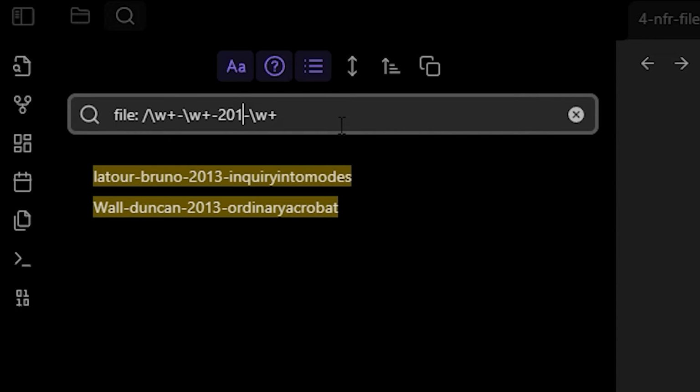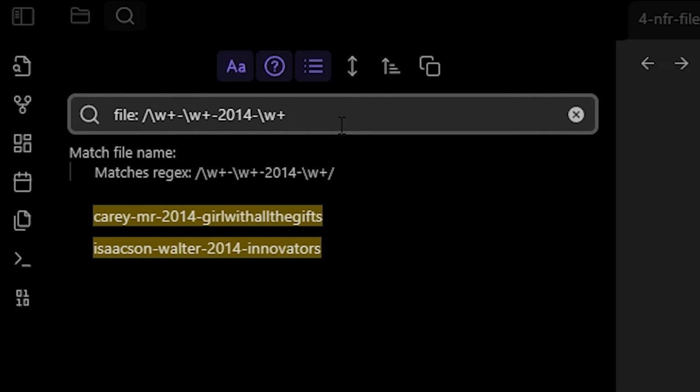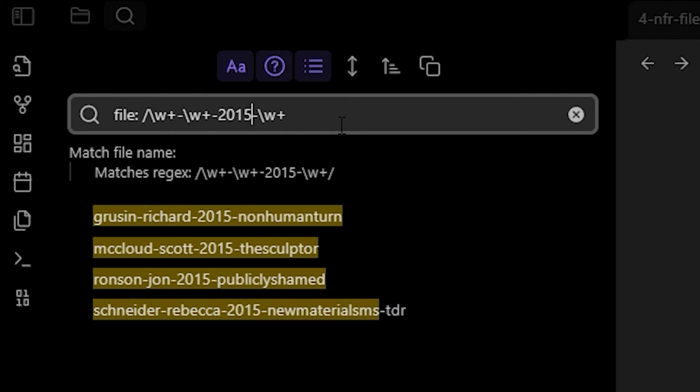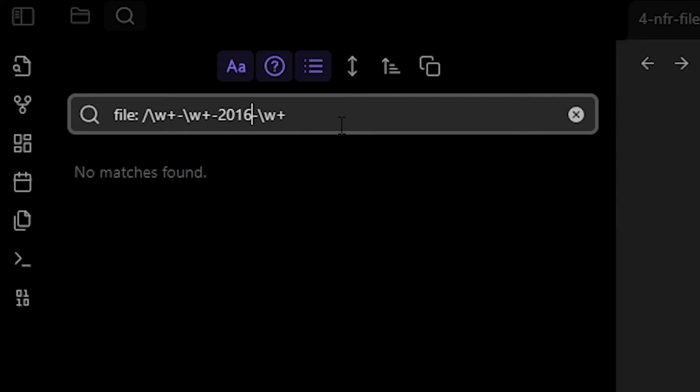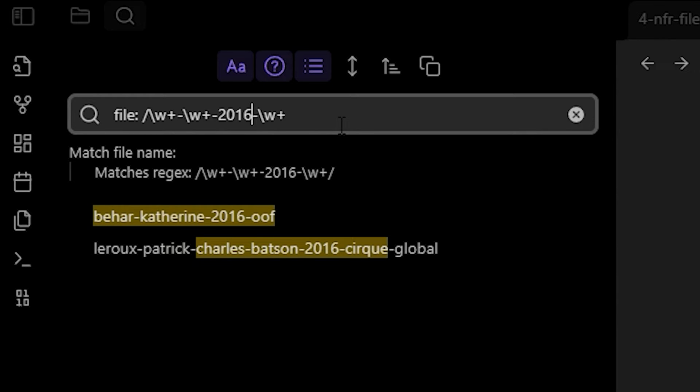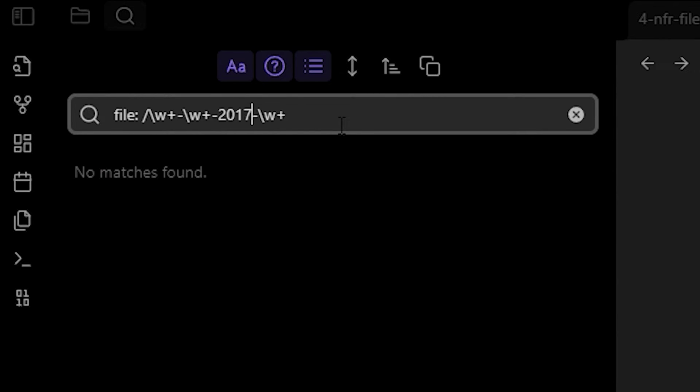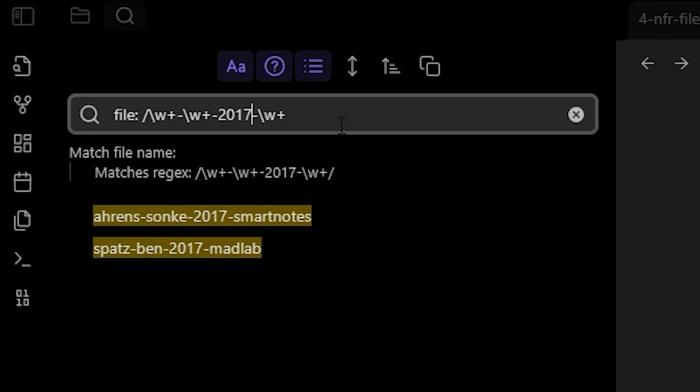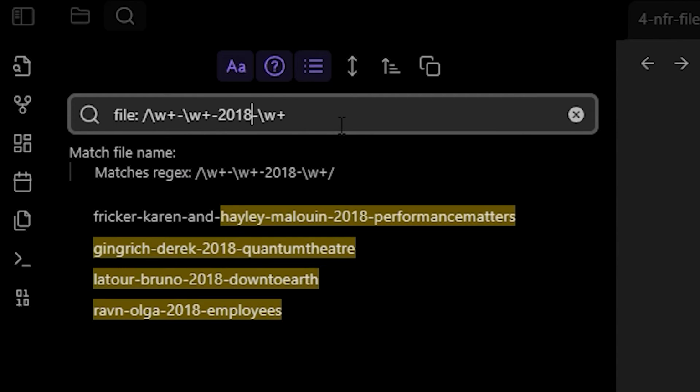And now it's going to search through everything that meets those criteria, which should be only the texts that were published in 2012 by anybody with any title. And now I can easily find sources in a given year. I can't think of an actually practical example for that, but hopefully it shows you how choosing carefully the formatting of your file name and the information you include in your file name can open up more complex opportunities for